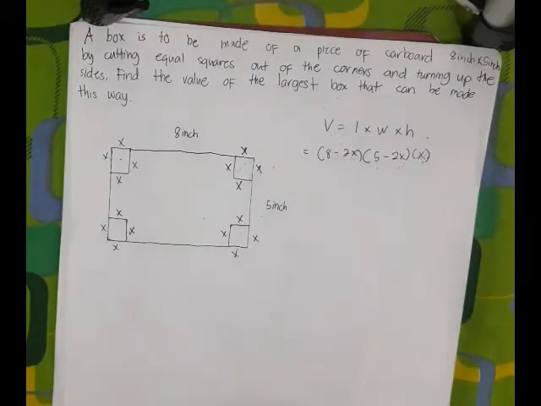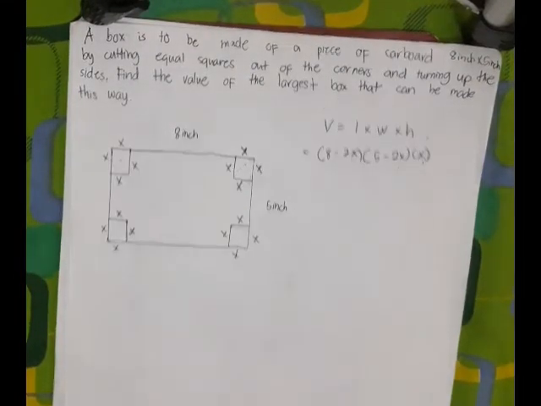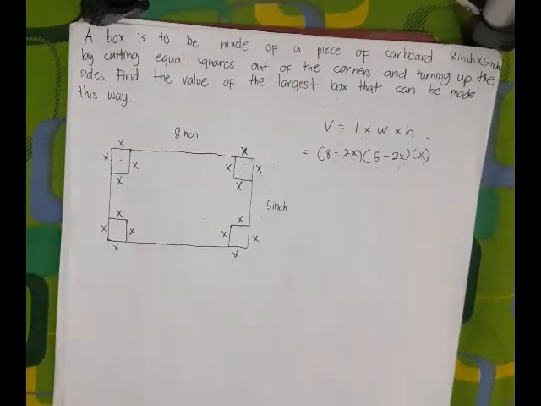A box is to be made of a piece of cardboard 8 inch by 5 inch by cutting equal squares out of the corners and turning up the sides. Find the volume of the largest box that can be made this way. First thing to do is we need to identify